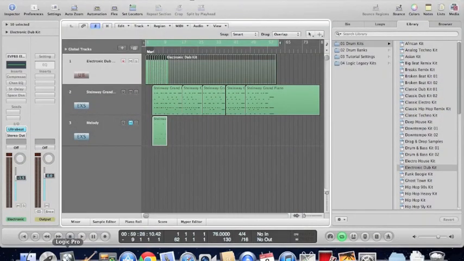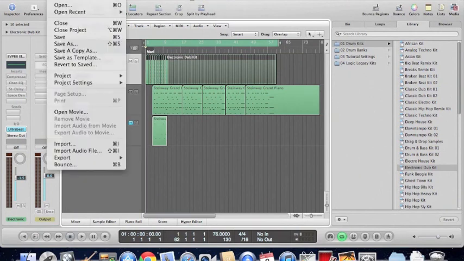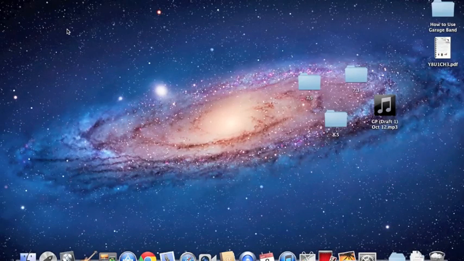Right, it's loaded a recent project up for me, but I'm going to close that because that's not what I want. So if I go to File up here, Close Project, there we go. So basically what will happen most of the time when you've started a new project, it will just come up with a blank screen like this, and you have to go to File, New,